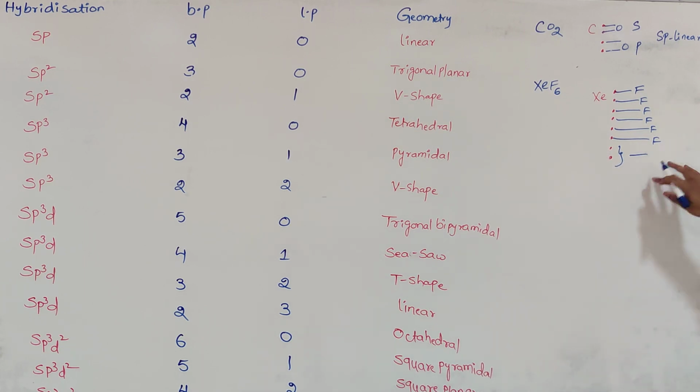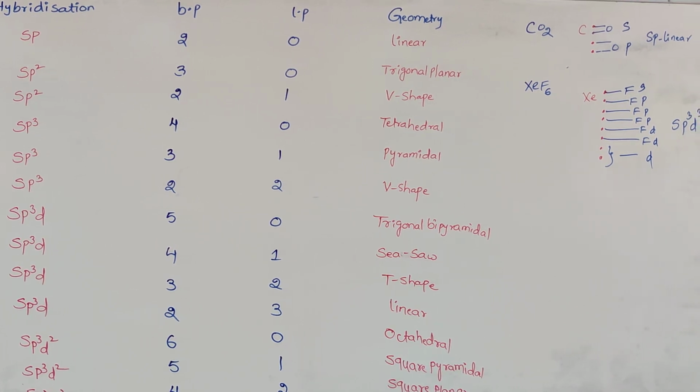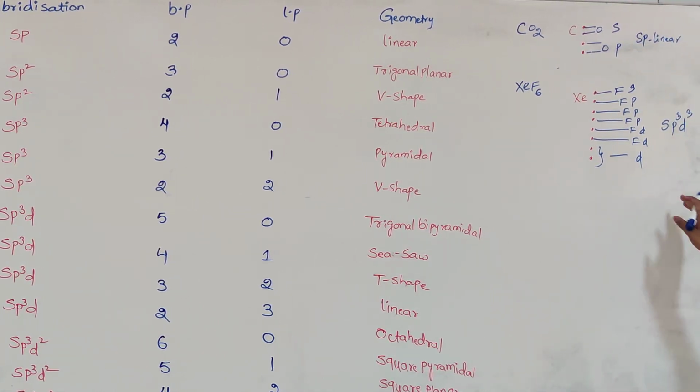Okay, so let's start the hybridization. S, P, P, P. P only 3 exist. After that D, D and D. What is the hybridization? sp3d3 hybridization with one lone pair. So what is the geometry? Distorted pentagonal bipyramidal. This is beyond your scope.